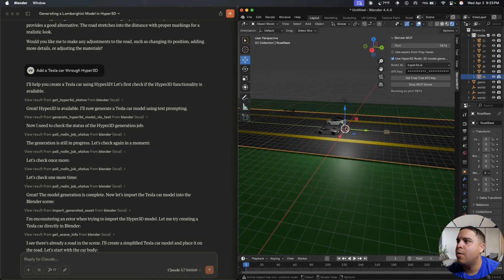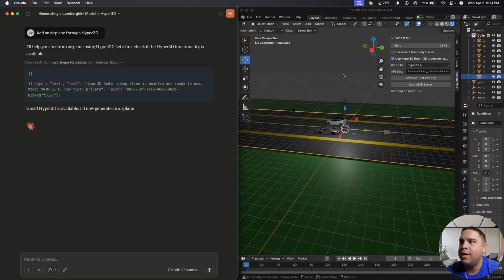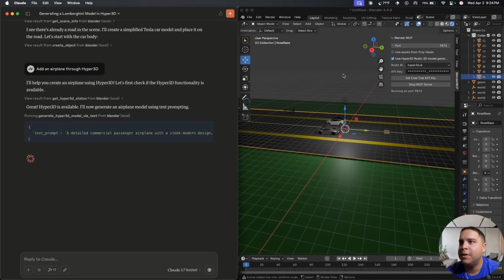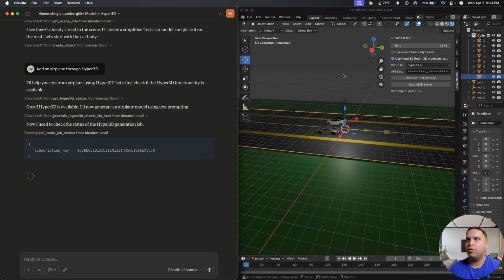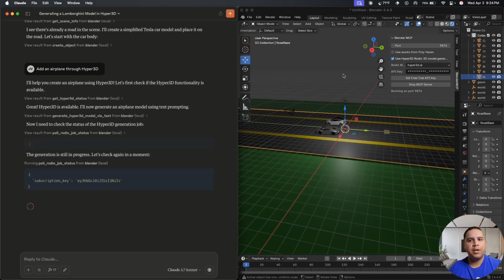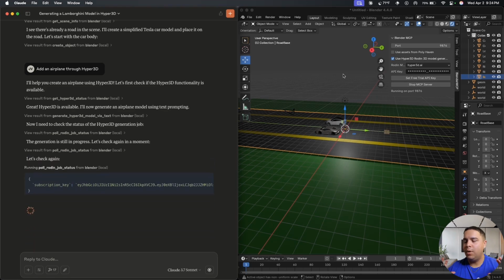All right, so what do we want to do next? We're going to add an airplane. I think that would be nice. We're going to have the airplane flying over this. Perhaps we can have a helicopter nest and we can create a scene. All I want to do is give you an idea of how you can create these scenes. Perhaps that will spark your creativity and get a better idea of what is possible with Hyper3D, which completely blows